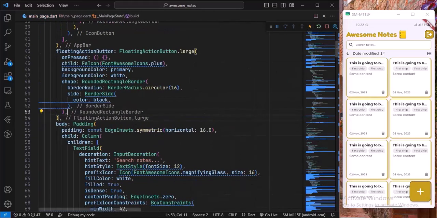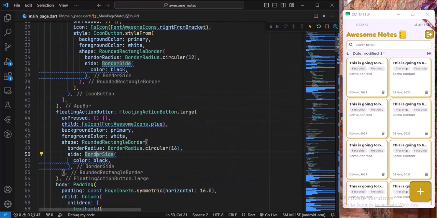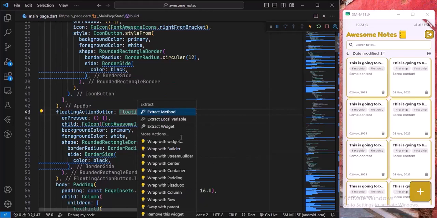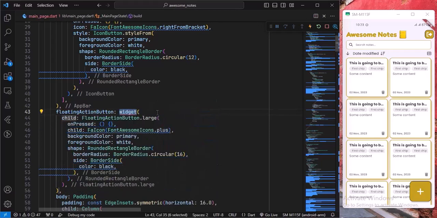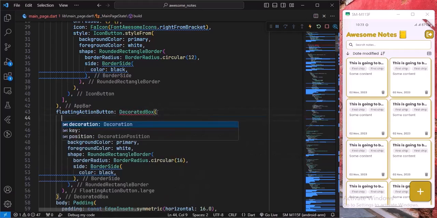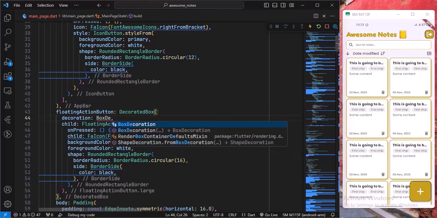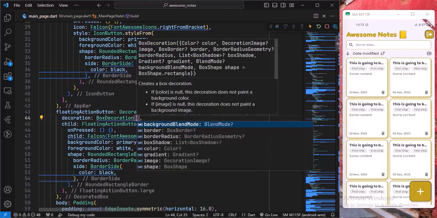Amazing. And the only thing remaining is the shadow. So for that we will wrap the floating action button with either a container and give it a decoration, or there is another widget called decorated box which just has the decoration property. So we will use the decorated box this time. So we will wrap it with a widget, and that is going to be decorated box, and this decorated box gets a decoration. We'll give it a box decoration,